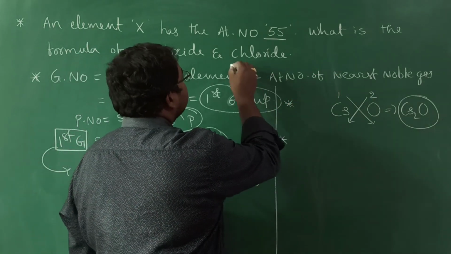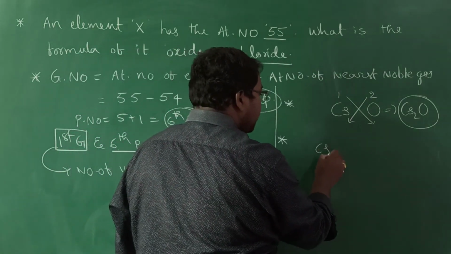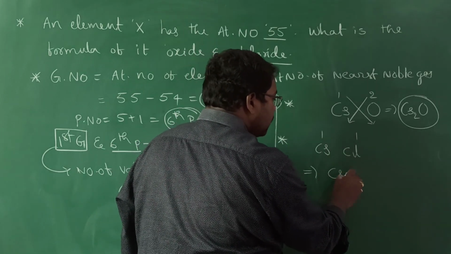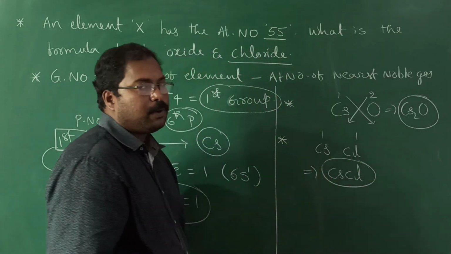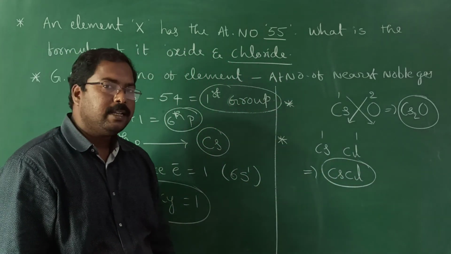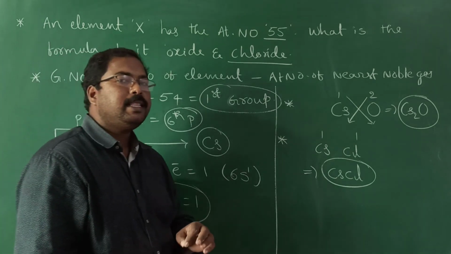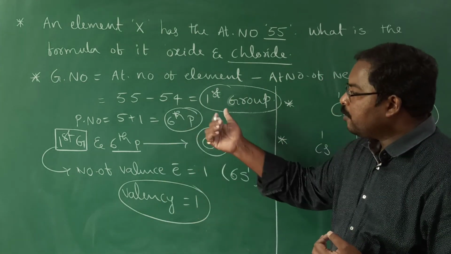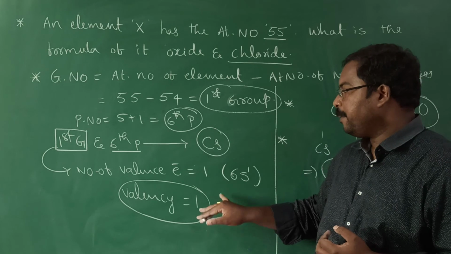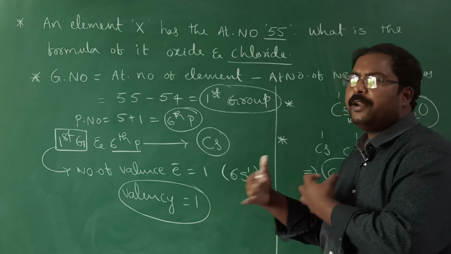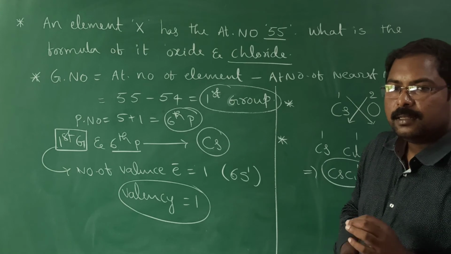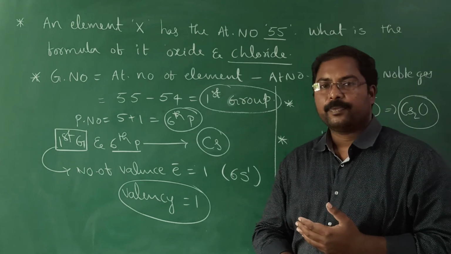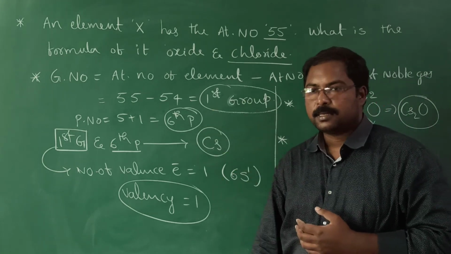Now what is our second task? With chlorine. You know cesium valency is 1, chlorine valency is also 1. So the formula of the compound is cesium chloride, CsCl. So this is the way to find the location of an element, and these are the advantages when we know the group number and the period number. We will come to know full information about the element. In the 4 cases of elements we discussed, go through them once, then you are able to do all these things. Copy this once.